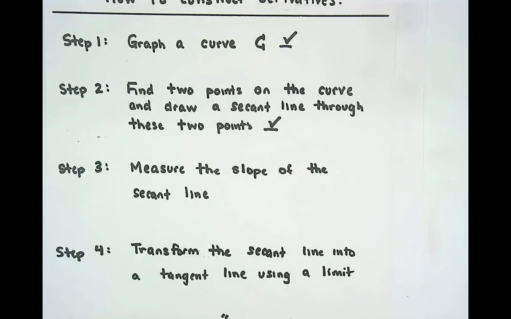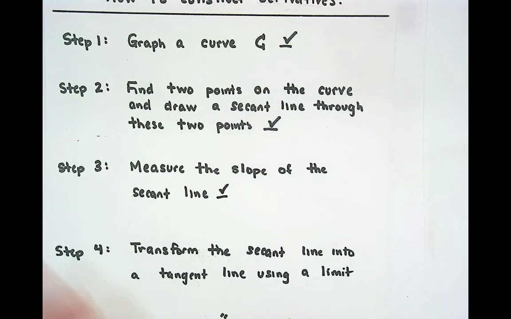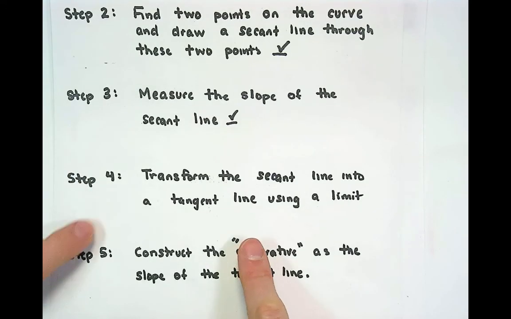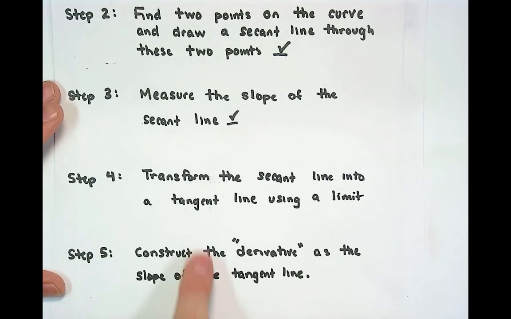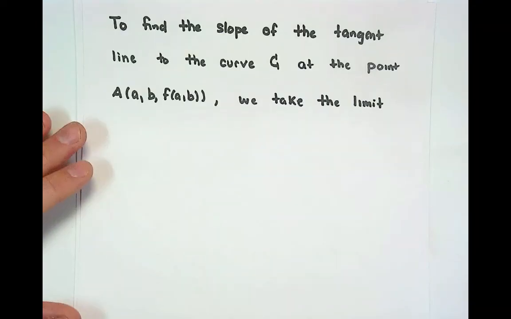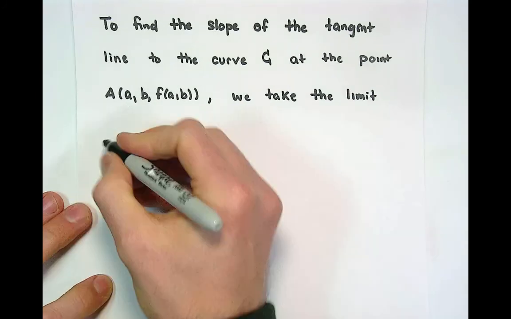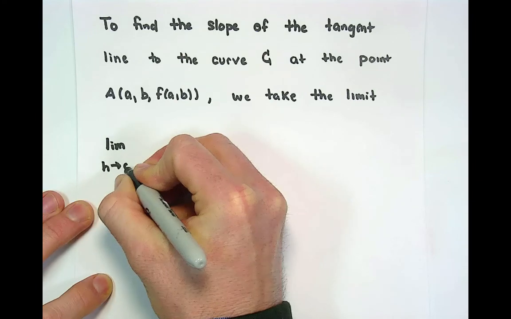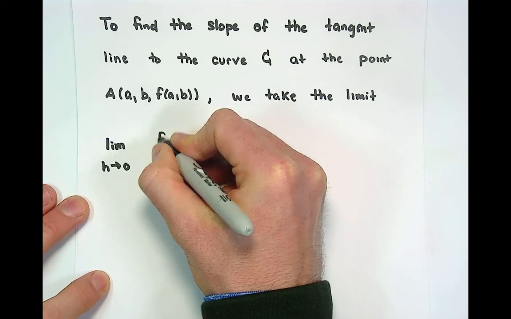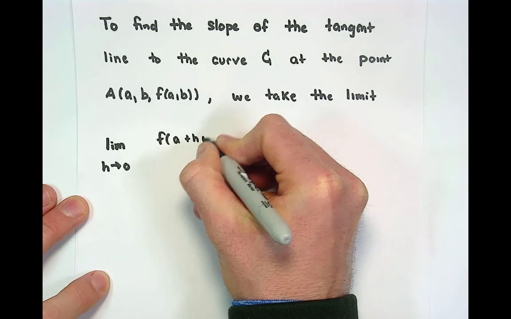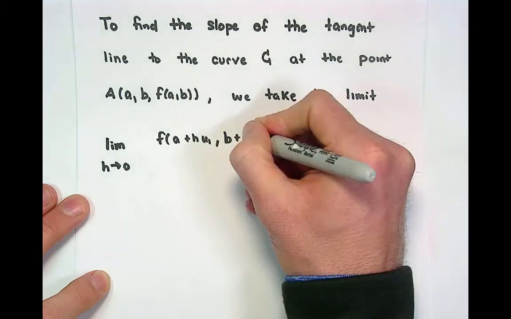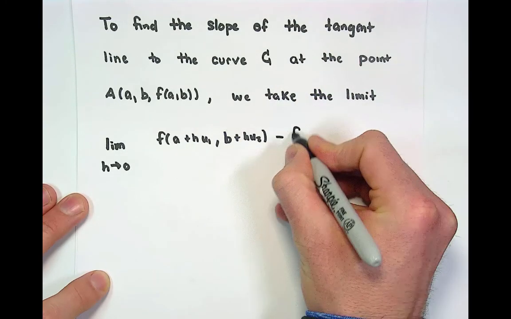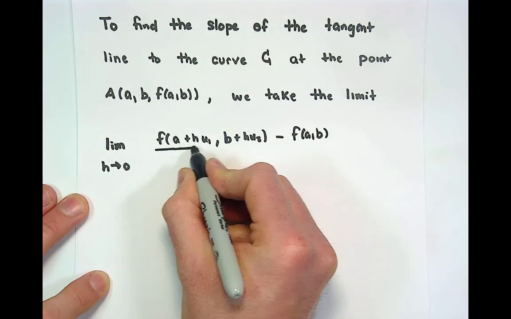Okay, so we've just done the third step, which was to measure the slope of a secant line. The next thing we're going to do is to transform this secant line into the tangent line and construct the derivative in the exact limit that we want. So we said that in order to find the slope of a tangent line to the curve C at the point f of AB, we would take the limit. And in this case, the limit is with respect to the parameter h, and we'll say that this is exactly f of A plus hu1, B plus hu2, minus f of A comma B